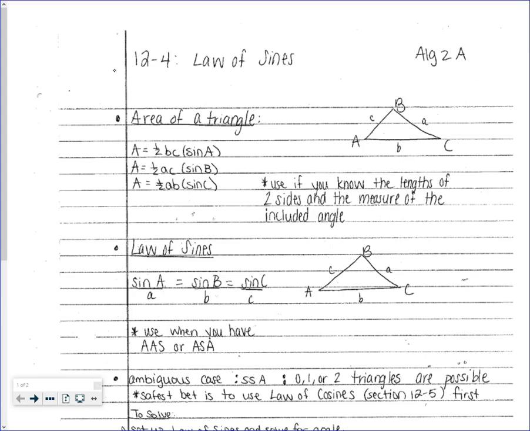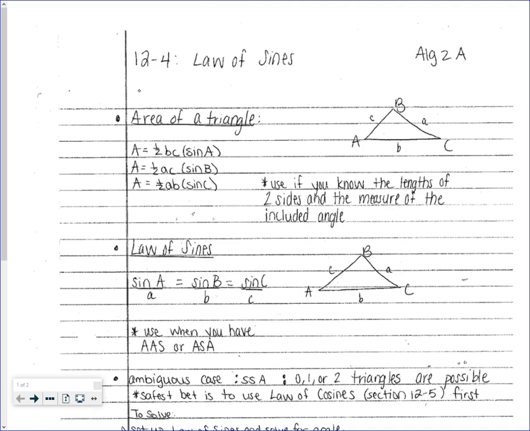So the first part of this, though, is the area of a triangle. Before today, what did you say the area of a triangle was? What was the formula for the area of any triangle? 1/2 base times height, right? That's still totally fine. The problem is sometimes they don't give you enough information to do 1/2 base times height. Sometimes they don't give you the base or the height, right? So if this is a question where they gave me the sides, maybe, I couldn't necessarily do 1/2 base times height, or I would have a lot of work to get there, okay? So this is just another option for when 1/2 base times height doesn't work or it's not quick and easy,